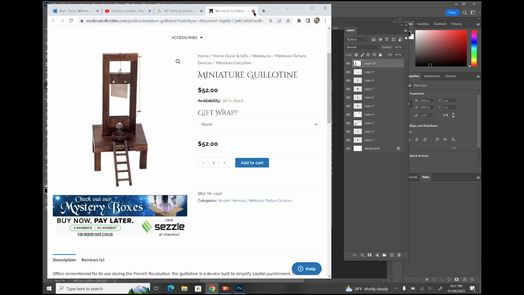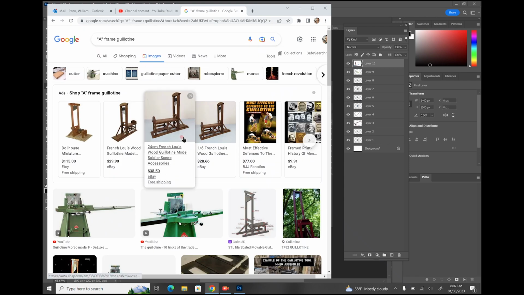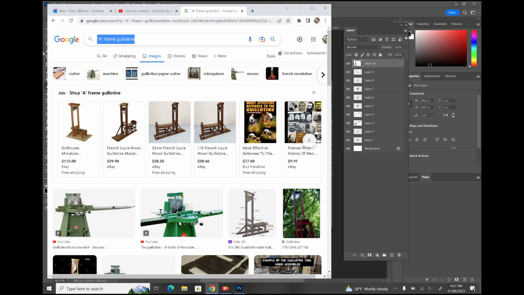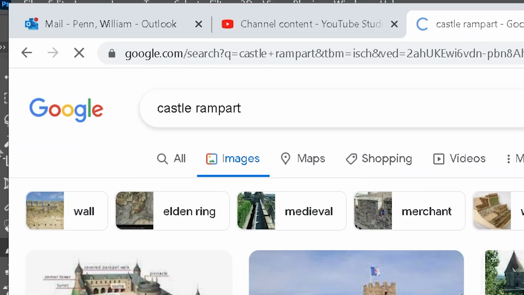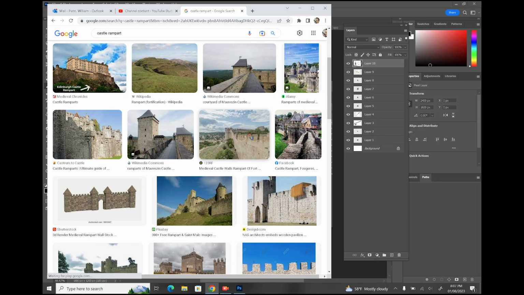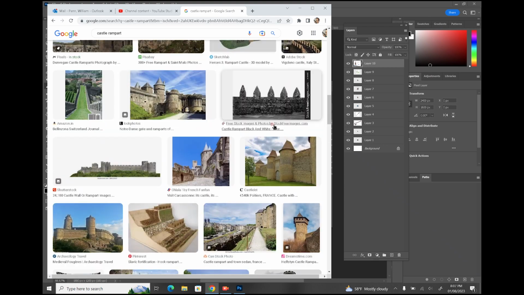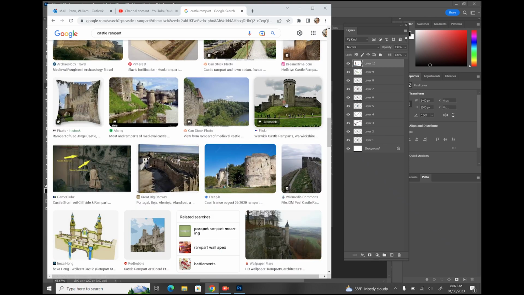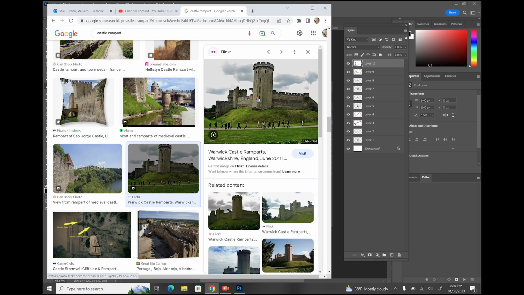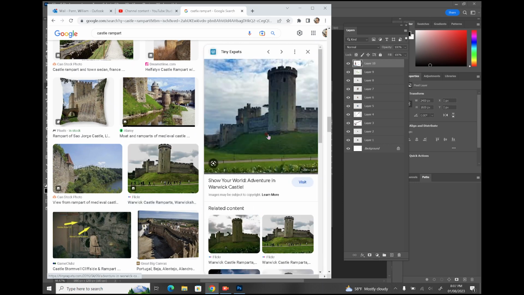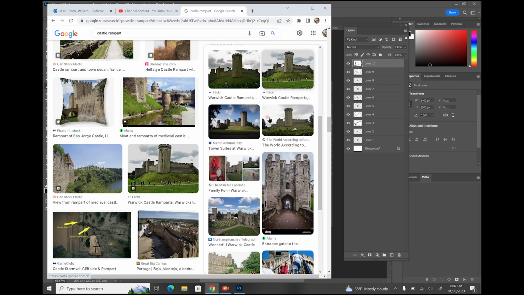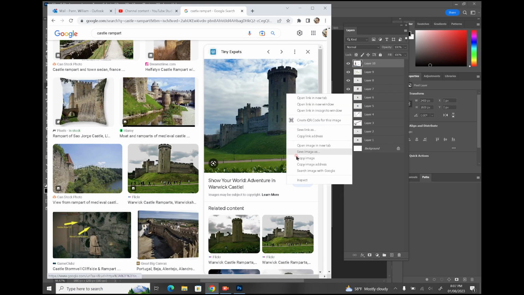And now the L. The L, by the way, print screen is a button on the top of your keyboard, and it'll print the entire screen. The L is Castle Rampart. Where's a good one that looks like my picture? I think I can work with this one. Ooh, ooh, ooh. I like this one better. Edit, copy,